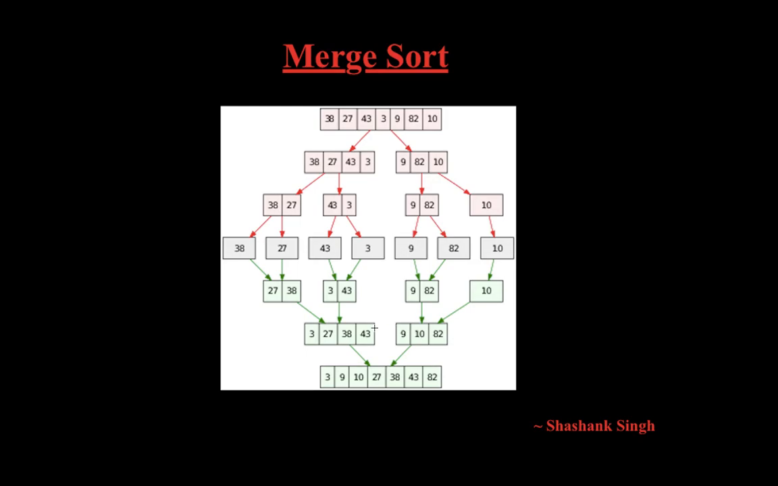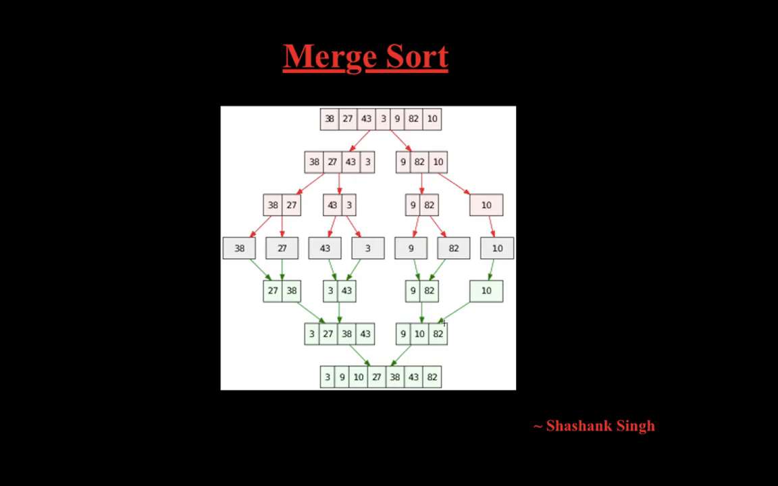Let's say if you compare this, so 3, 27, 38 and 9, 10 and 82 are compared. So 3 will be compared with 9, so 3 is lesser, 3 will come to the resulting list. Now I will be I plus 1, so I becomes 27. 27 and 9 will be compared, so 9 is lesser, so 9 will come here and j will be j plus 1, which is pointing to 10, right? So now 27 and 10 will be compared, so 10 is lesser, so 10 will be here,